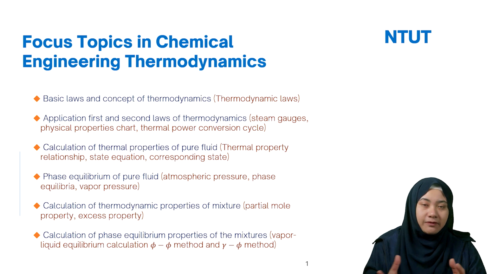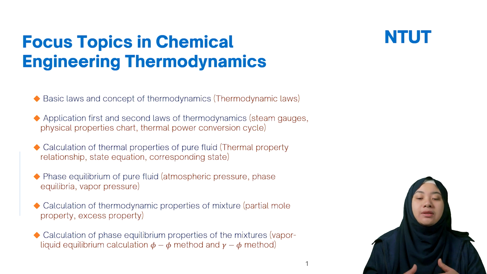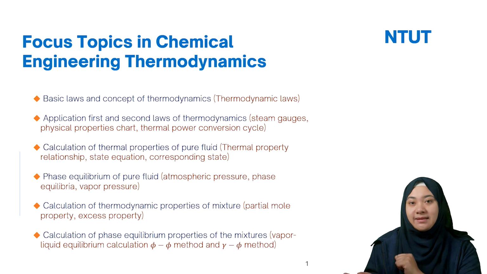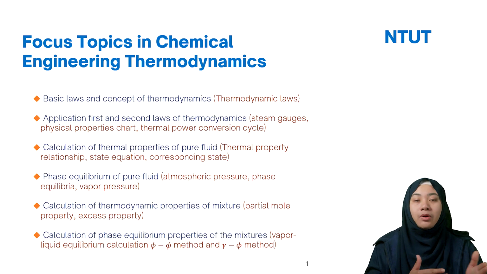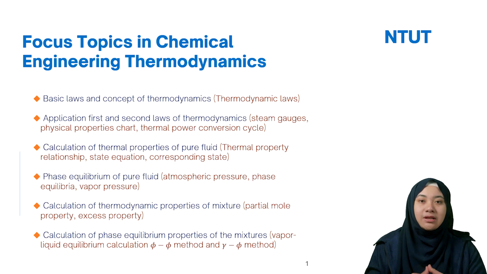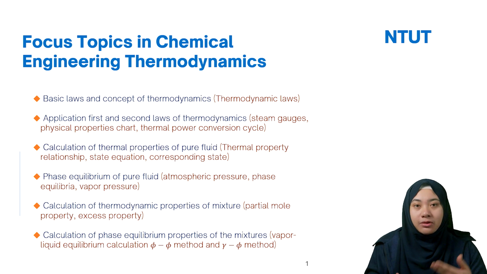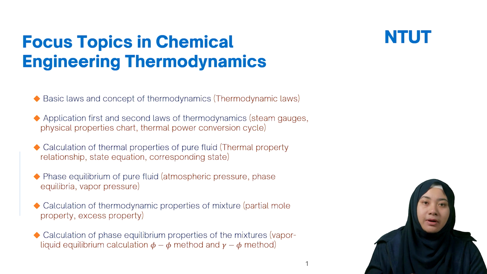So suppose you have limited experimental data, so your experimental data is not much, so you need to use some equation to predict your properties. So in this case, if you operate at low to moderate pressures, we can use the activity coefficient models like the non-random two-liquid NRTL. We have also Wilson, we have Margules. So all of these you can use at low to moderate pressures. But how about if you have high pressures? For high pressure, we can use the equations of state.